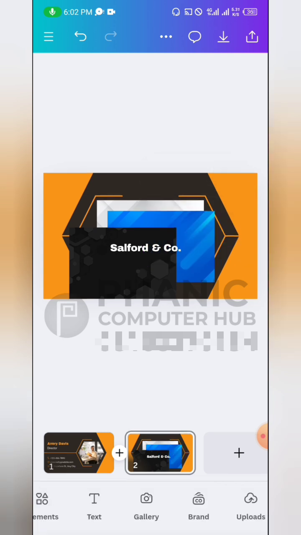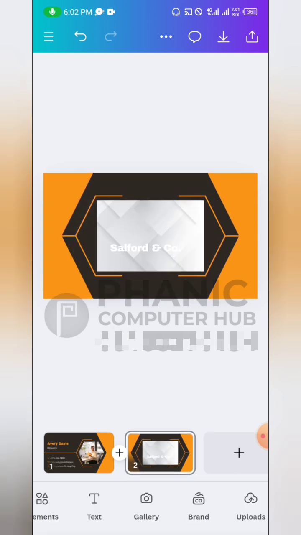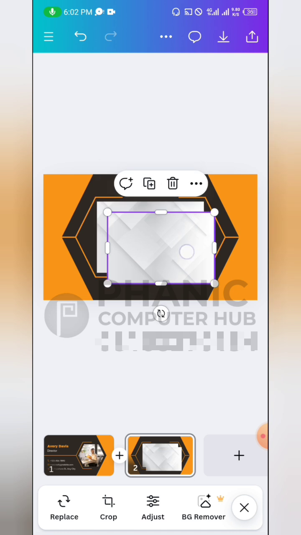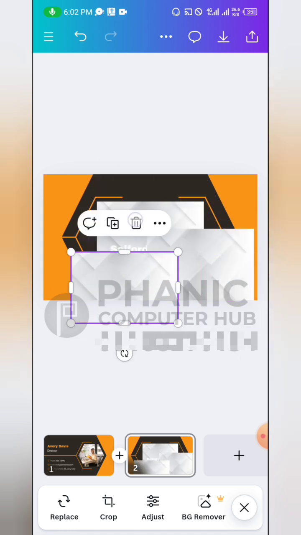This one is delete. I'll just click delete. I want to delete this one, click delete. Delete this one, click delete. The second one is duplicate. If I click on duplicate, it will make this into 2. If I click on it again, can you see it's making it 3? If I click delete,